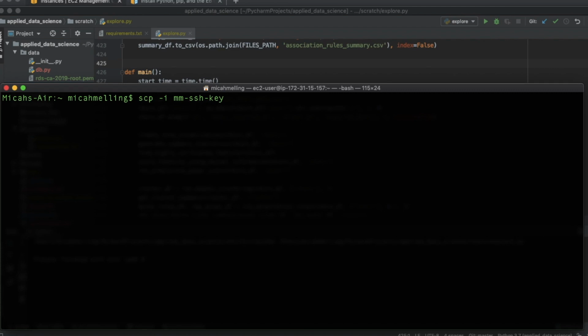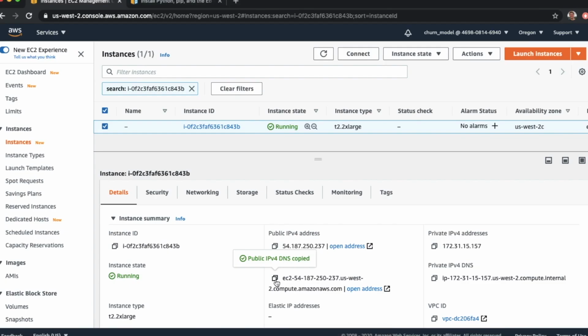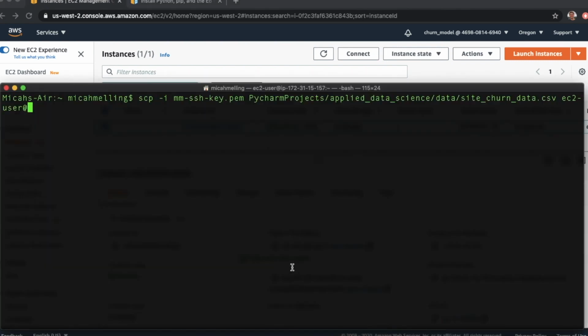Again, I'm just referencing that PEM file. And then I need to pass the path to my local file. And now I'm passing in my remote location. I need to go back and copy this DNS. And then I'm going to place the path, and I'm just going to call this